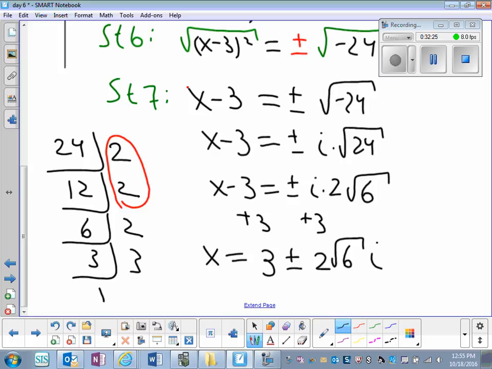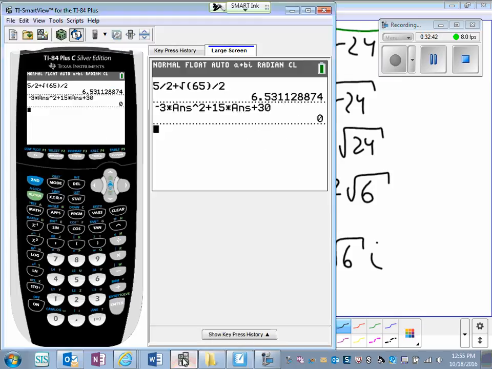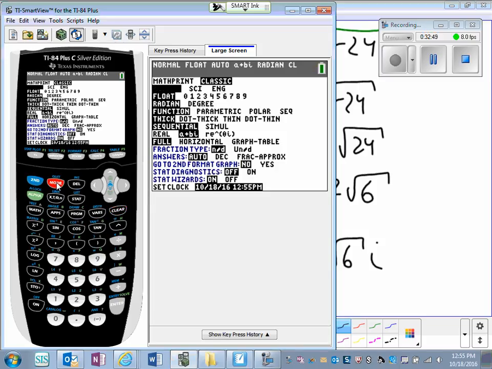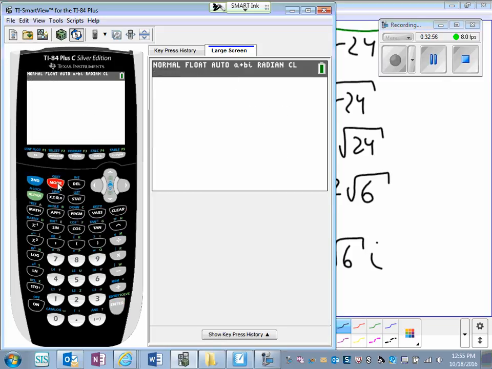Complex numbers. How many solutions do I have? 2 solutions. How do I check my solution? I go to the calculator. I can do this by hand, of course, but it's easier to do in the calculator, right? So let's do that in the calculator. I enter my solution. I need to change the mode. It's already changed, so I'm good. Okay, so the solution is